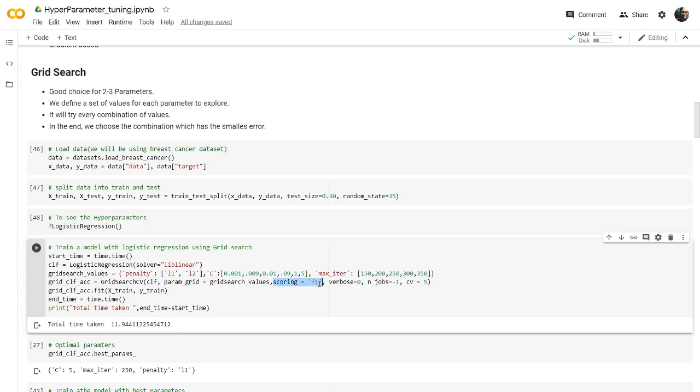So I'm giving an F1 score here, and verbose is set so it should not print anything, and n_jobs is -1, because you can see here we have multiple combinations. When you set n_jobs equal to -1, it will try all these multiple combinations in parallel. And I'm also doing cross validation here with 5 folds. So let's see how it runs.